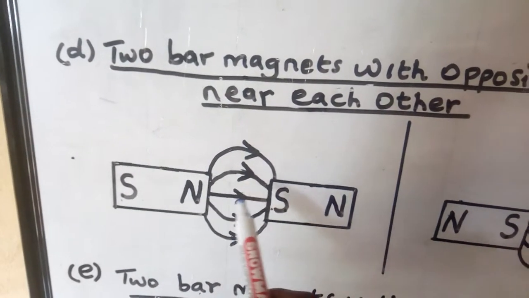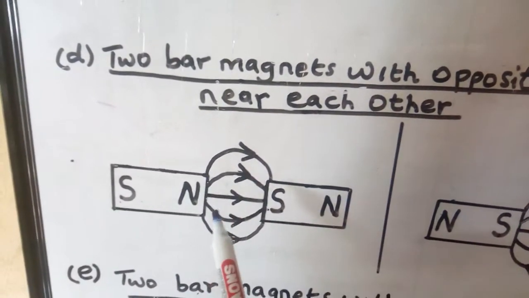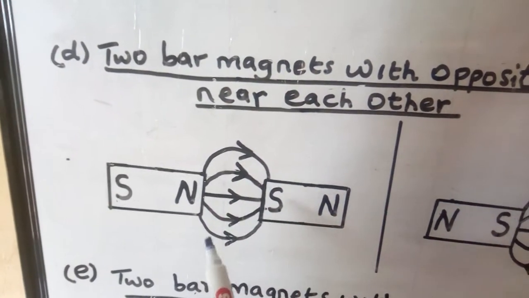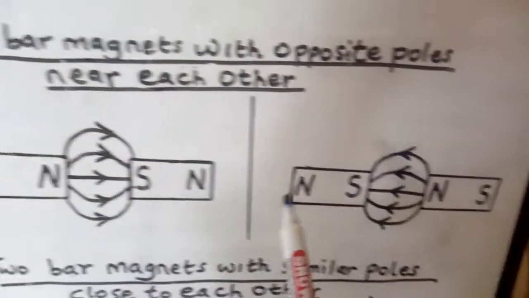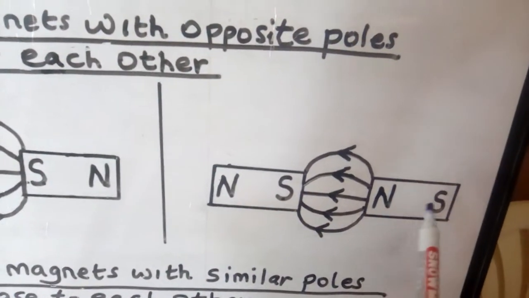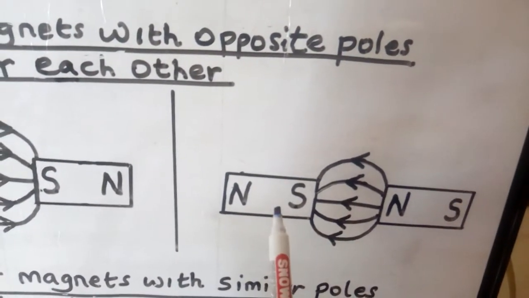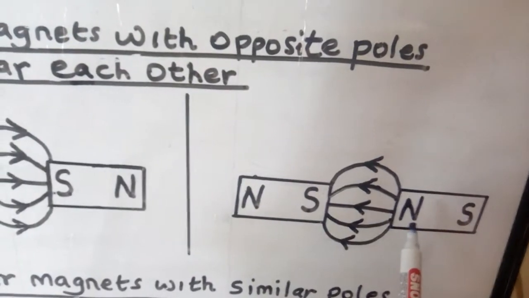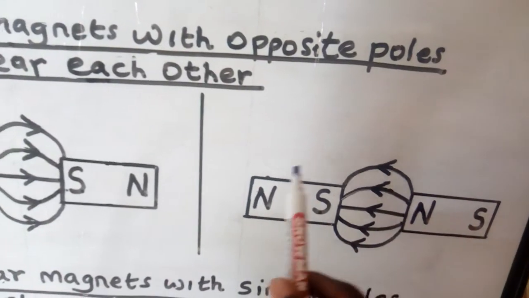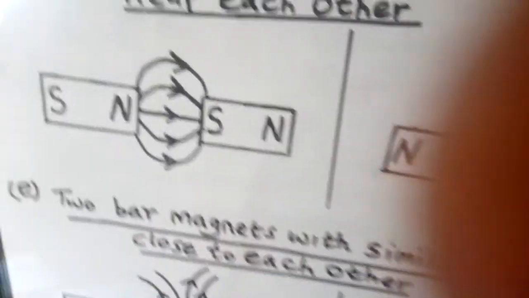In the middle, it is a straight line. Then the other ones are in the form of curves, but the arrows should be moving from north to south. Now, when you come here, it is the opposite. The north is this side and the south is this side. We have the same diagram, but the arrows change because the north has changed from north to south. Then when we move to